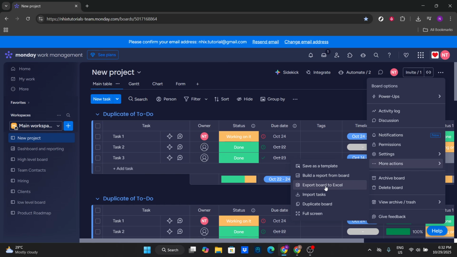However, don't worry about losing any data in Monday.com. Exporting simply creates a copy